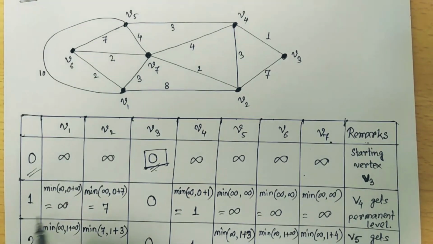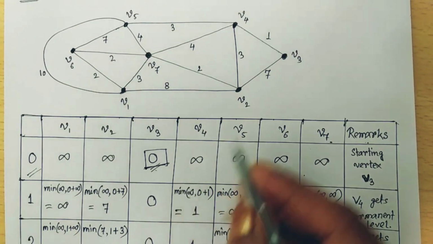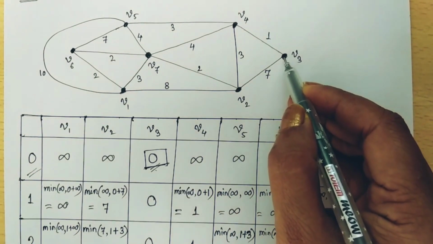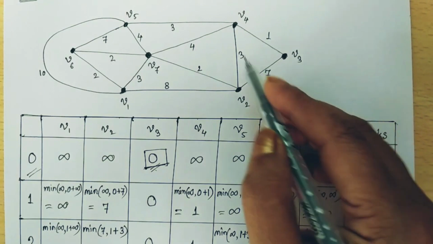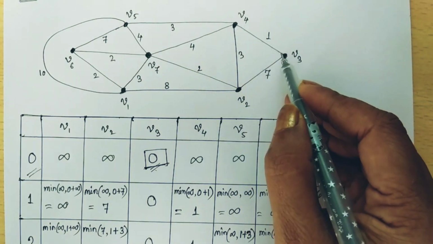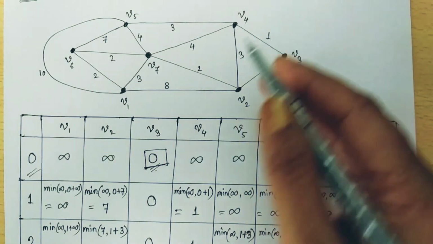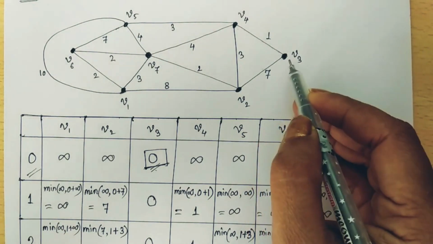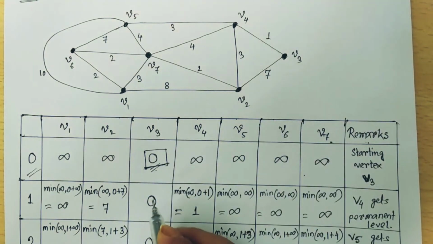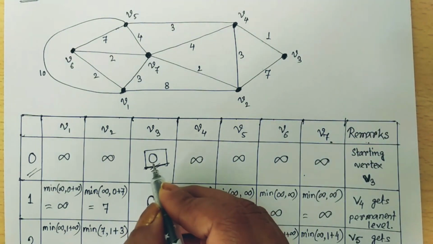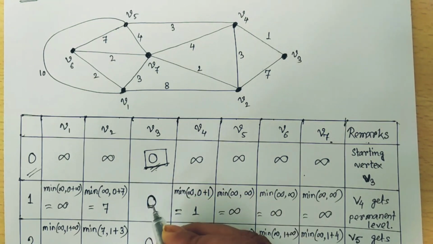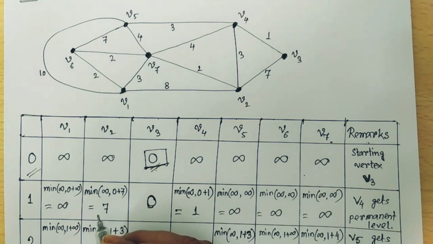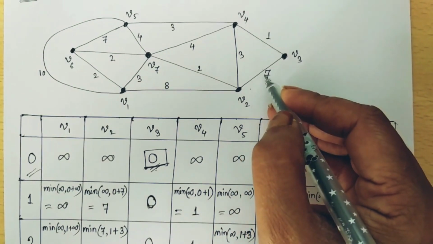Now in the next stage, we start our traversing from V3. V3 is connected with V2 and V4. If a vertex is connected with any other vertex, then accordingly we assign the label, and if two vertices are not at all connected, then we assign the label as infinity. So V3 is connected with V2. V3's labeling value is 0, that is the permanent label, that is fixed. Now from V3 to V2 there is connectivity and its weight is 7.